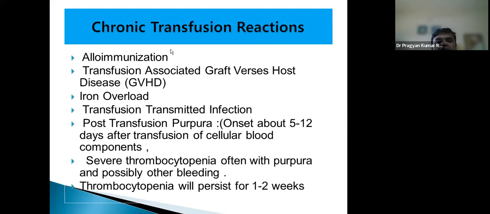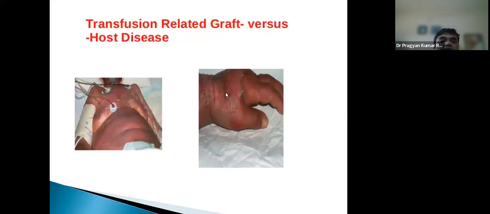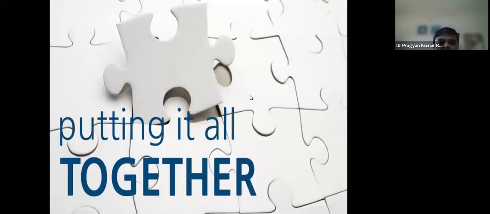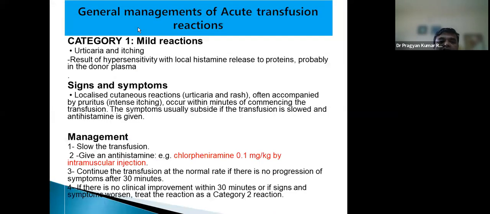Chronic transfusion reactions are difficult to diagnose and need some help. It will give time. But for us who are working in critical care, more important are acute transfusion reactions, which need immediate action to avoid life-threatening things. There is transfusion-related graft versus host disease. You can see all these rashes, which we rarely see in the ICU. That is the hematologist's forte. So putting it all together, generally